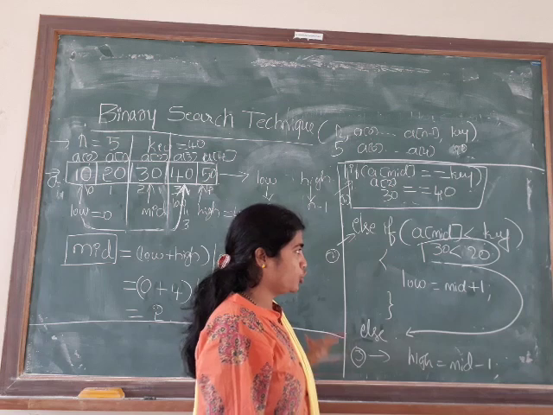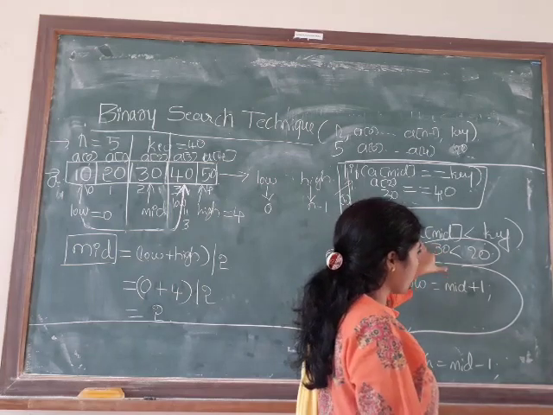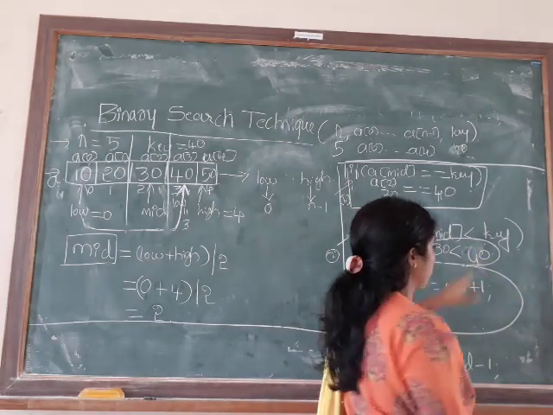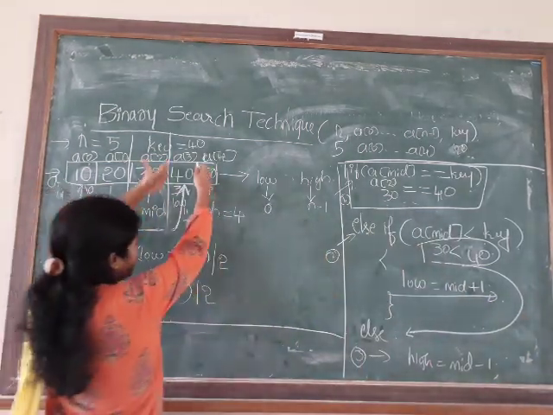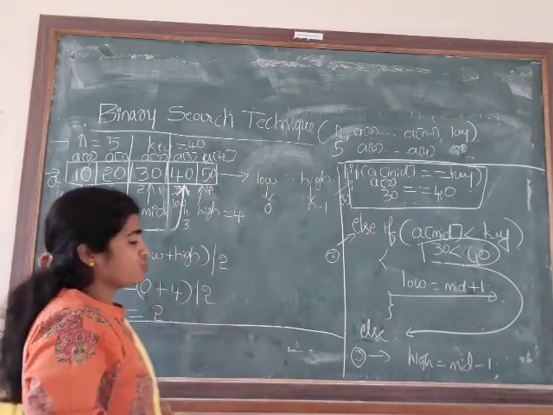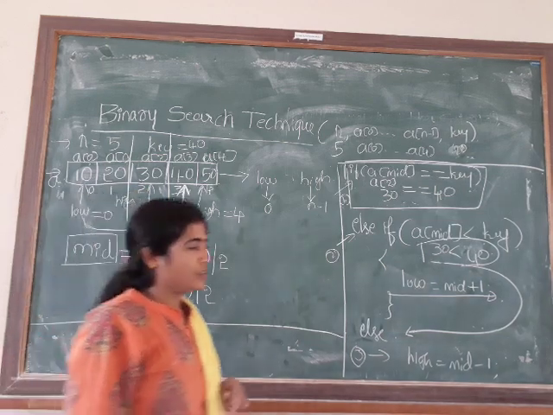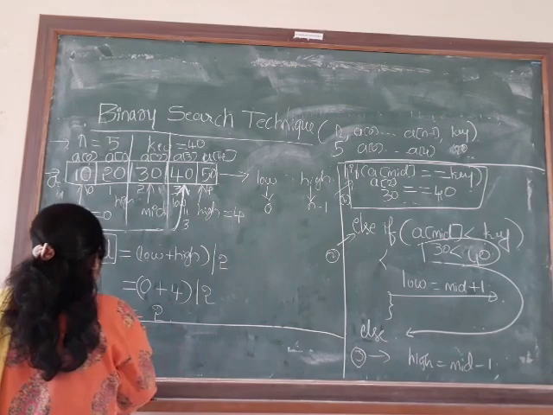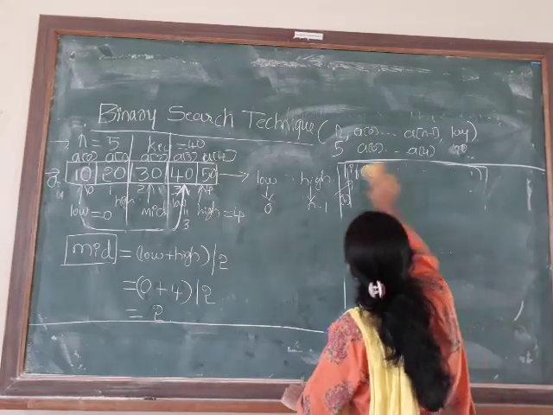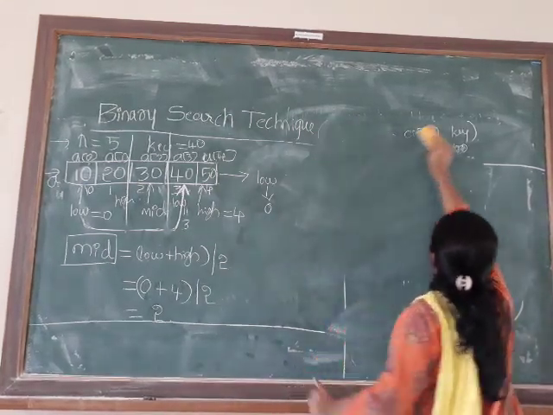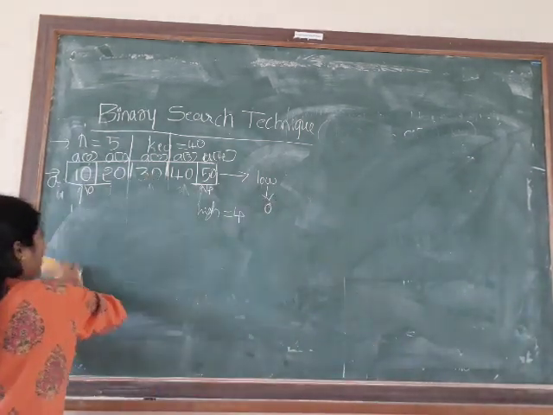For that, I am using 2 techniques here. I am comparing again A of mid with the key value. If this A of mid is less than the key value, for example 40, you just move the low value, that is mid plus 1, in the sense start from here. If it is not, you just move your high here. You people are understanding. By doing like this, finally I will get the position where the key is present, or it may not be present and we have to display an appropriate value.